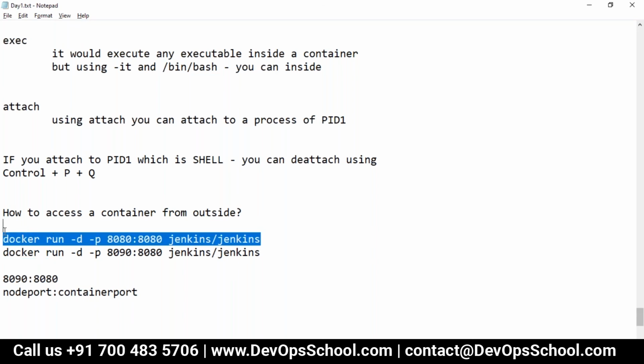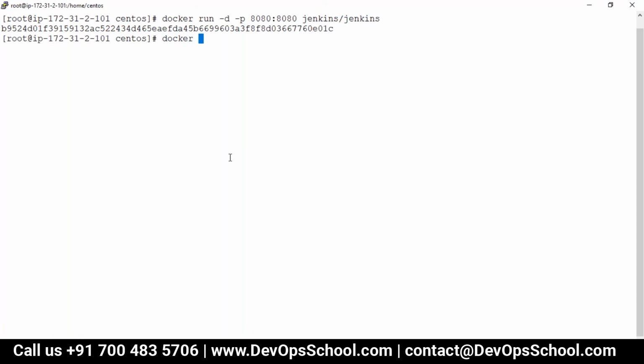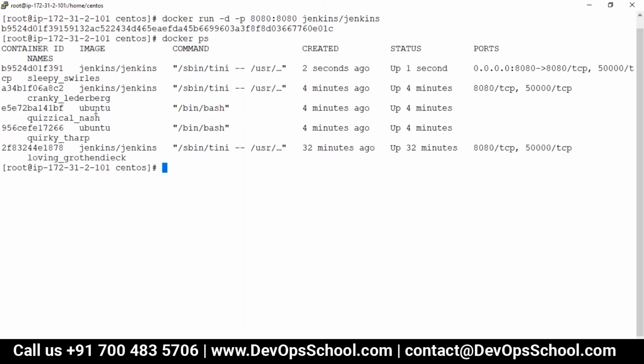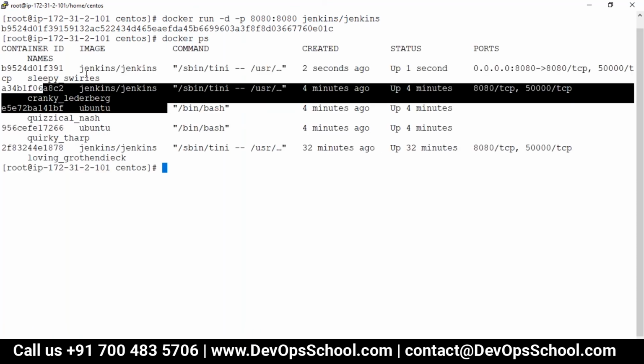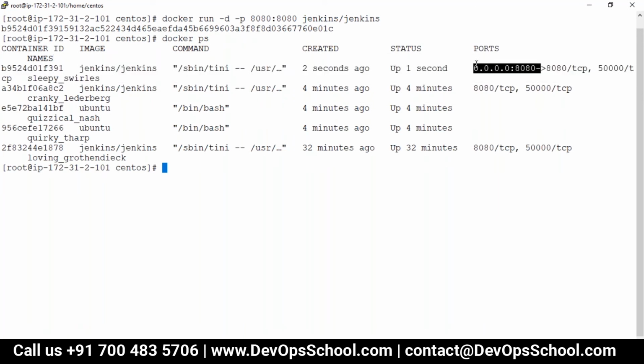Now, guys, if I run this command, clear the screen, and see here, docker ps. Differentiate between the container which is not exposed and the container which is exposed. You see here, this container will receive traffic from outside at 0.0.0.0 on 8080 and redirect it to the container port.